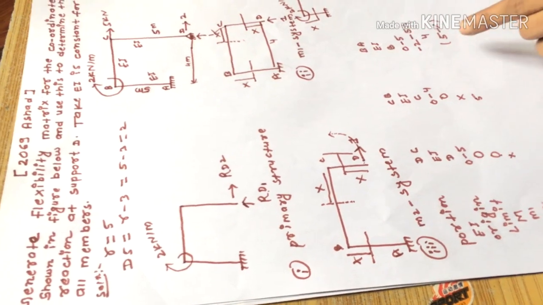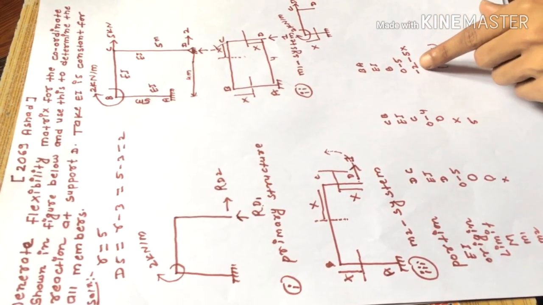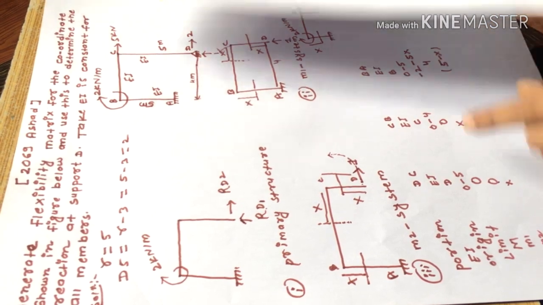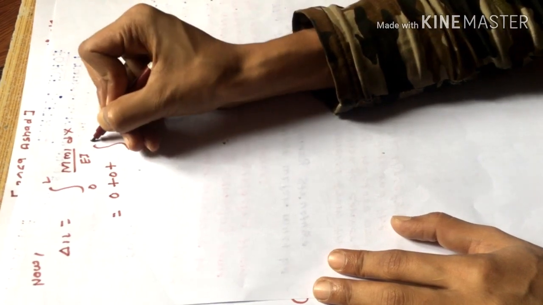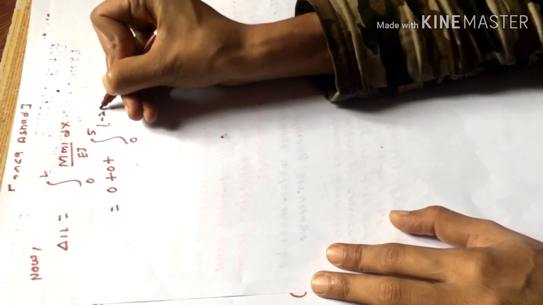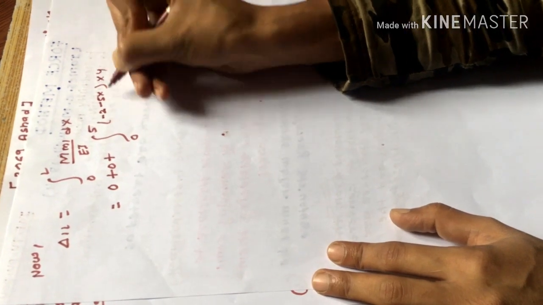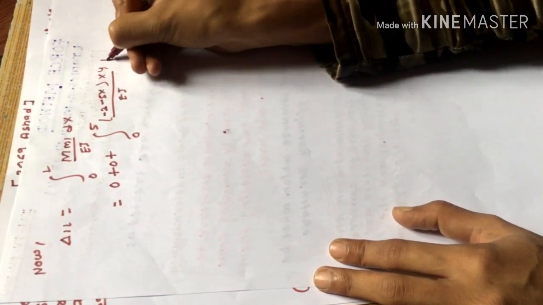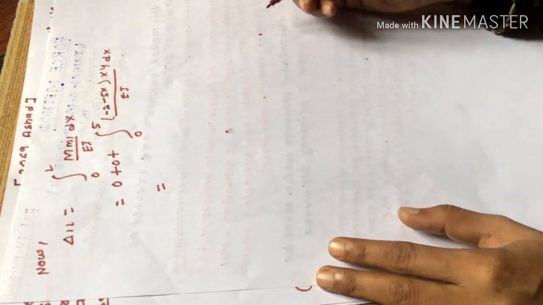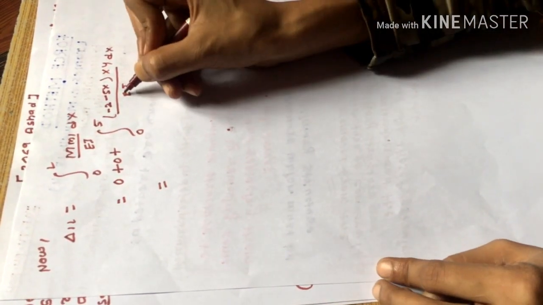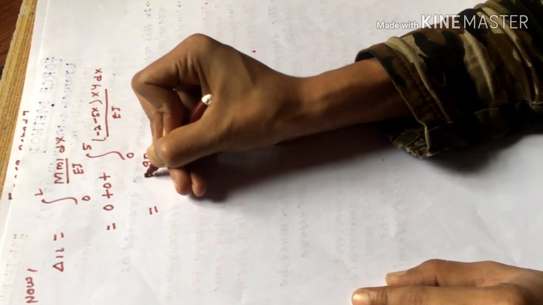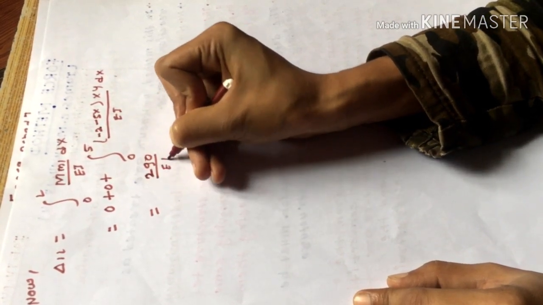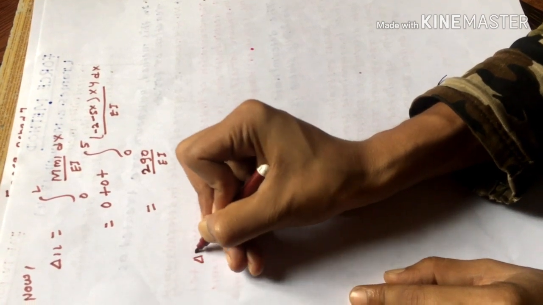Here also we can see for portion BA, m moment is -2 - 5x and m1 is equal to 4. So our limit is 0 to 5, (-2 - 5x) into 4 divided by EI dx. Now let us calculate this, by taking 1 by EI outside and calculating using a calculator, we will get 1 by EI into 219, that is 219 by EI. Next also calculate del 2L.